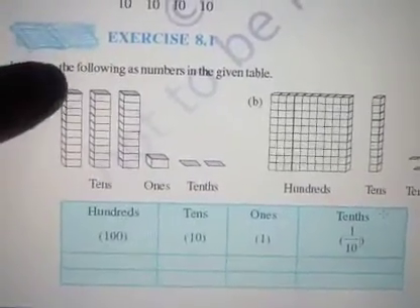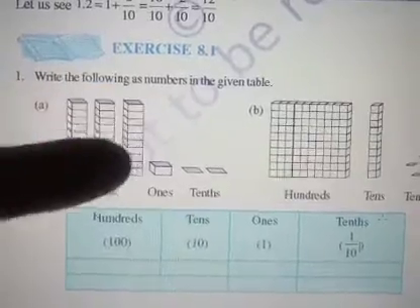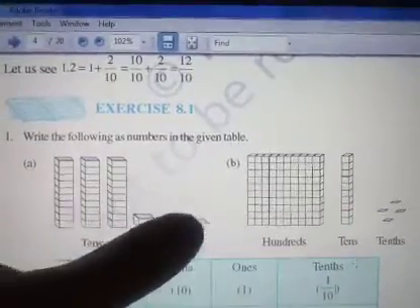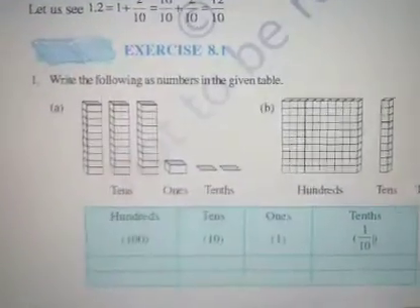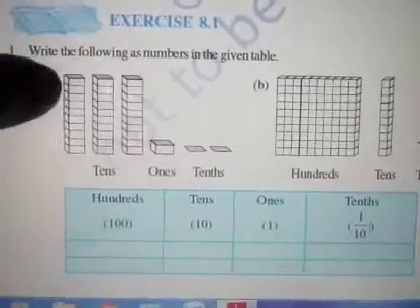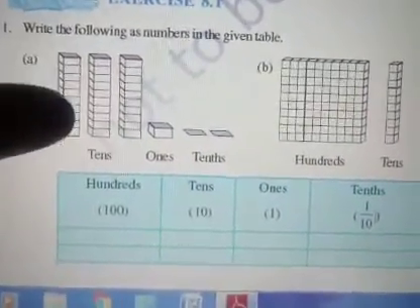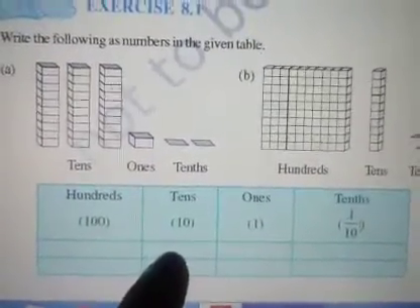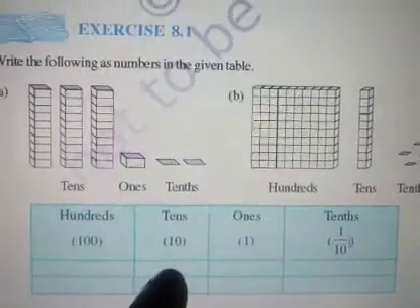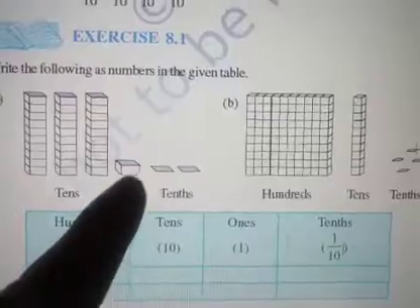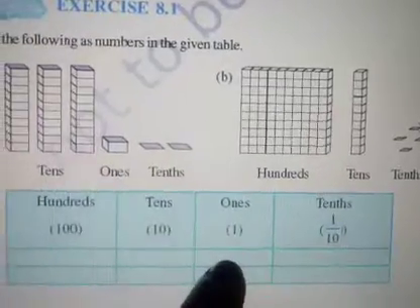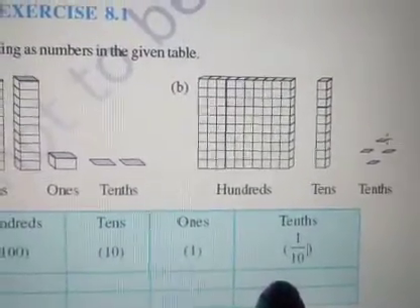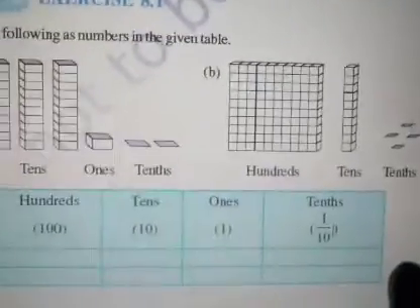So actually this figure is representing the tens. Okay. The small one is representing the ones. These two are representing tenths. Okay. So now listen, for this question, how many tens are there? 1, 2, 3. 3 tens are there. So you can fill here 3 tens. Here you can put 3. How many ones are there? Only 1 one is there. So you can put here 1. How many tenths are there? 2 tenths are there. So you can put 2. So what is the final decimal number you are getting here?